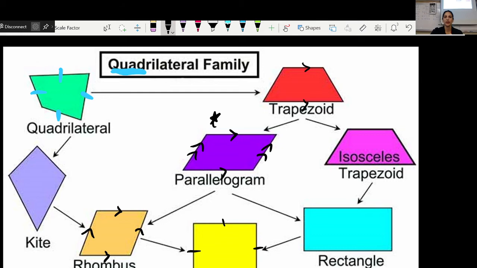Yeah, so these two are parallel to each other, but notice that they're different lengths. And then the two opposite sides are not parallel, they're actually going in opposite angles. Does that make sense? And then isosceles trapezoid would be,